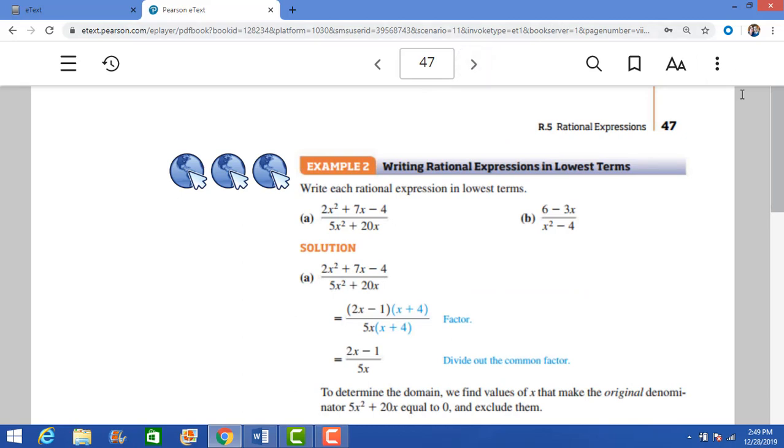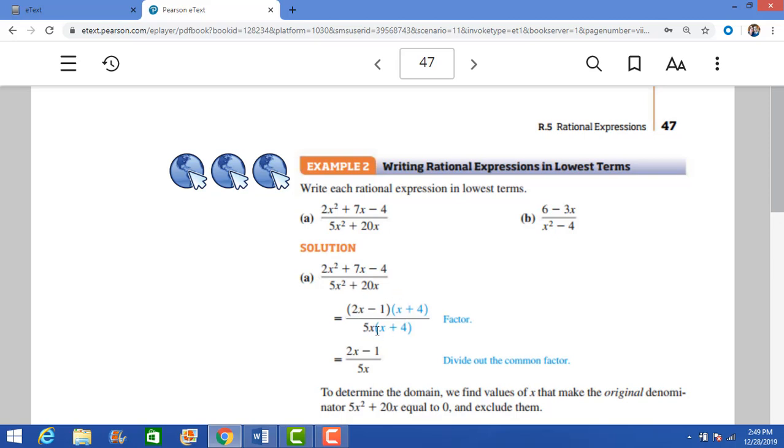Okay, so here we go. So we're going to use what we know to write these in lowest terms. So here, the first thing we're going to do is factor the top and the bottom. Okay, so again, we're going to use our tools to factor the numerator and the denominator, and we're going to